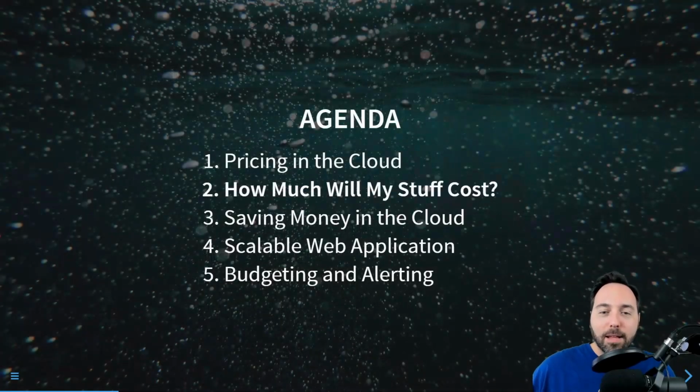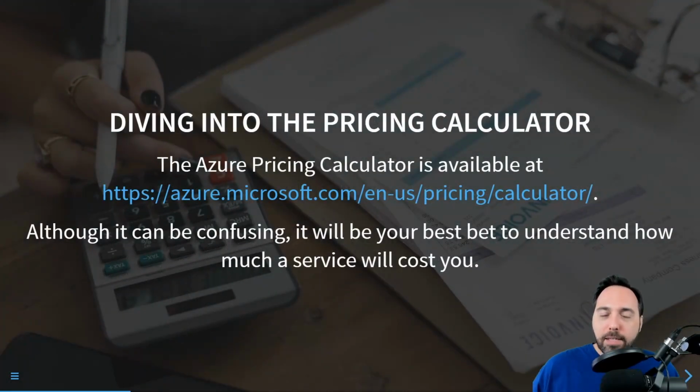So next up, how much will this actually cost me? There is a pricing calculator. Azure has one, AWS has one. The Azure pricing calculator is pretty useful. It can be confusing. There is usually a lot of detail on it, and sometimes that detail is unnecessary. There are some services where they'll have you fill in dozens of items, but most of these items don't really impact the price. But they do affect exactly how much Microsoft is going to charge you.